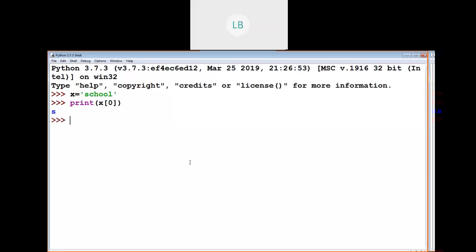So for accessing the first character, we have to use the index value. In the case of positive index, 0 will be used. In the case of negative index, it will start from the last character. Minus 1 will be assigned to the last character.